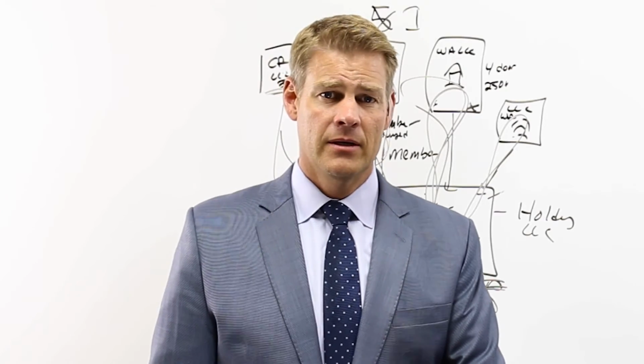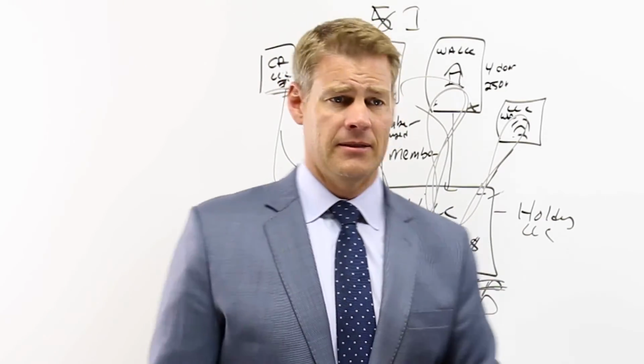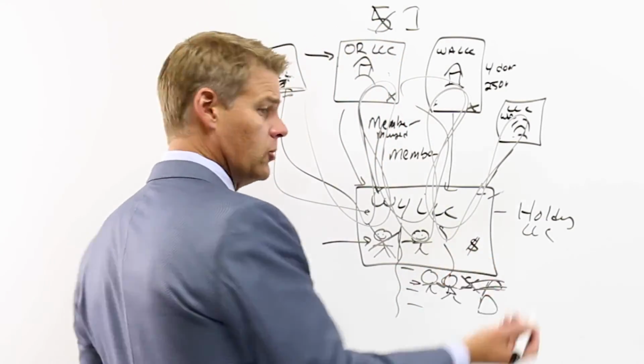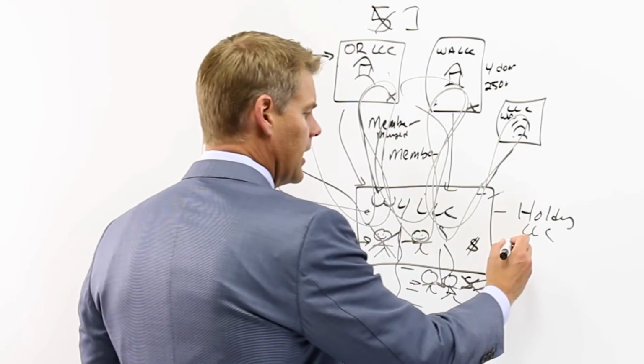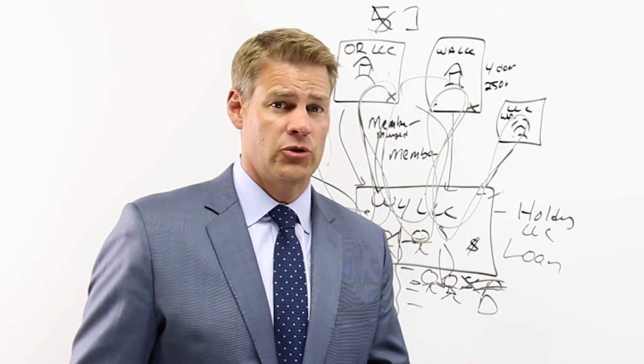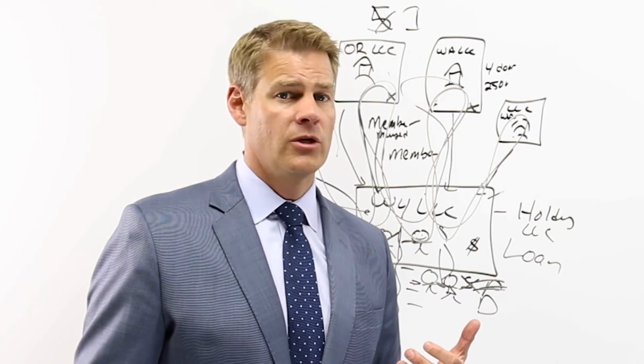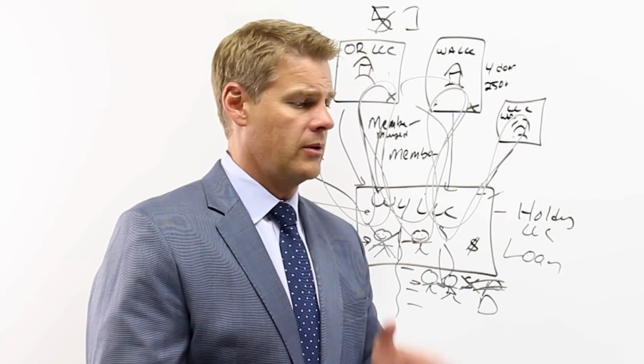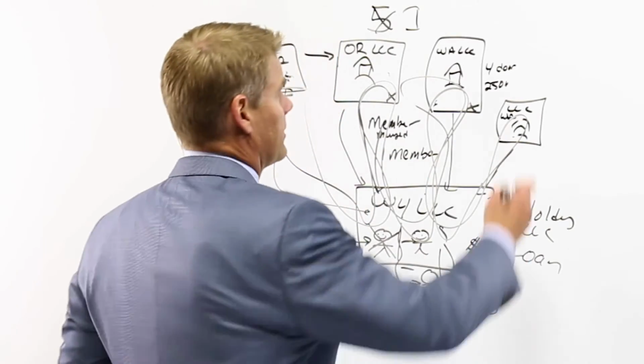They may not be obvious to you on the board, but they're there. They're somewhat hidden. Remember, you're in control of this entity. If this entity has money and you want it, you don't have to take a distribution. How about take out a loan? You can loan yourself money. That's not subject to a charging order. There's a way to get money out. Real simple. Put together a promissory note, loan agreement, boom, there you go. You got your money.